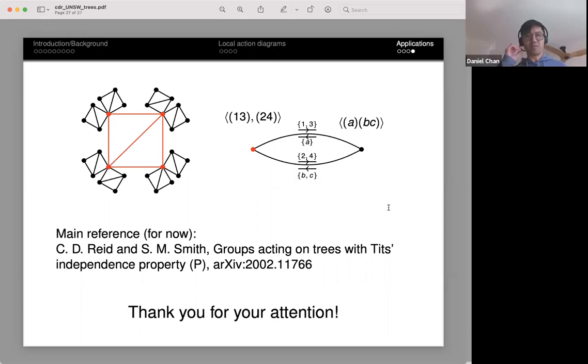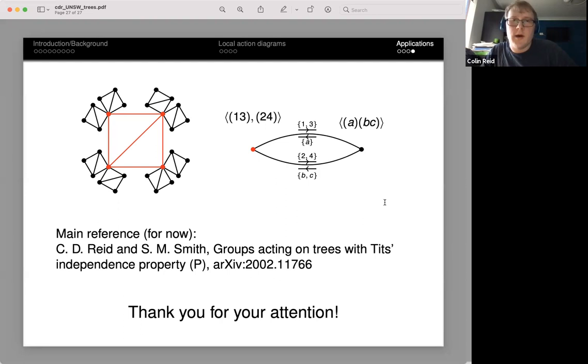Maybe I'll just ask you, it might be a silly question, but I guess one of the things you're interested in is coming up with interesting examples of groups with simple properties, and you do that by looking at groups acting on trees. But when I think of trees, I think of them as simplicial complexes, just one-dimensional. Do people study groups acting on other simplicial complexes a lot, and how does the theory play out there, or is there a reason why you only really look at the one-dimensional case?